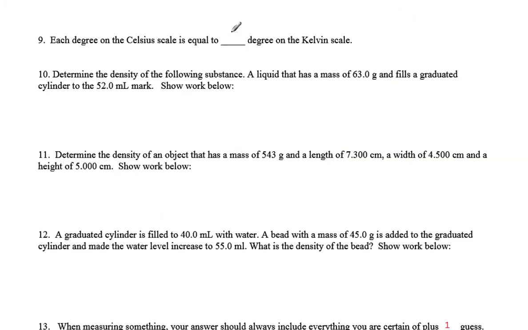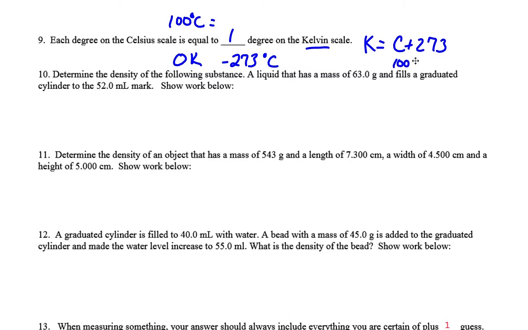Every degree on a Celsius scale is equal to 1 degree on the Kelvin scale. We'll deal with Kelvin much later on in the year, but you should know that if we have Celsius and we want to convert to Kelvin, we add 273. So if I'm 0 Kelvin, I'm going to be negative 273 degrees Celsius. If I'm 100 degrees Celsius, we'll flip this around, 100 degrees Celsius plus 273 equals